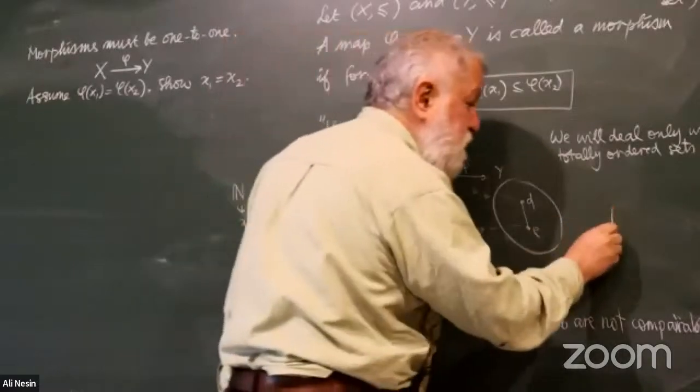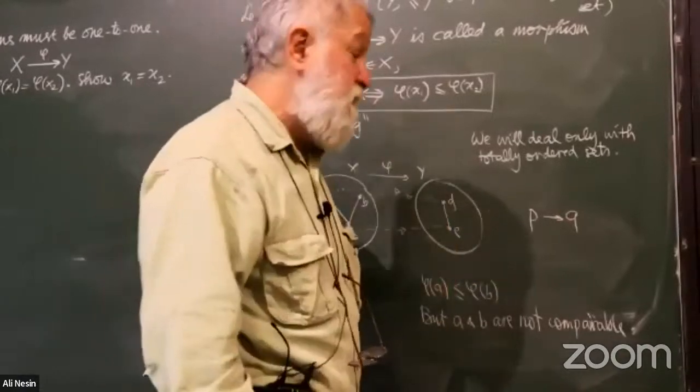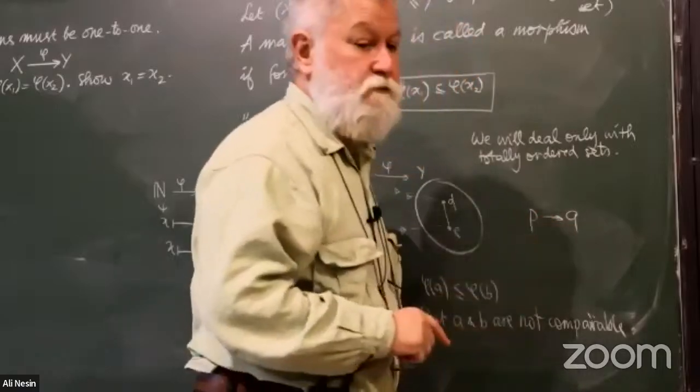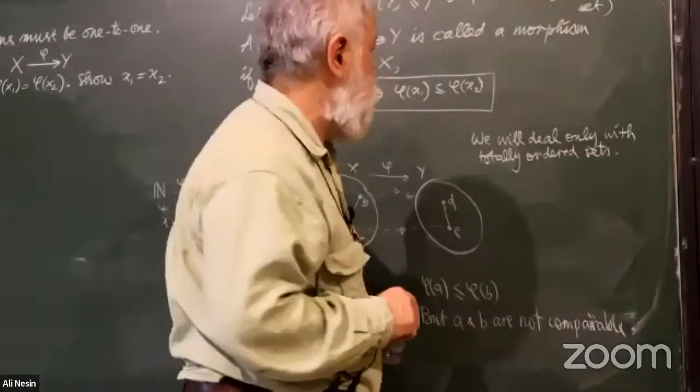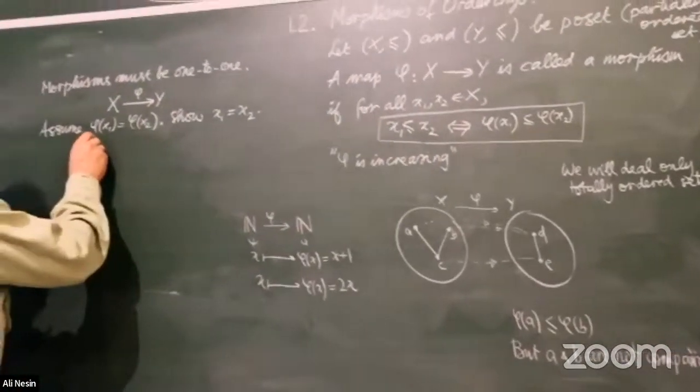When you say P implies Q, you are not saying that P is correct. You are saying if P is correct, if P is true, then Q is true. So we can assume that it is x1, it is less than, and we can continue to prove. No, you cannot assume anything. You can assume only things which are true.